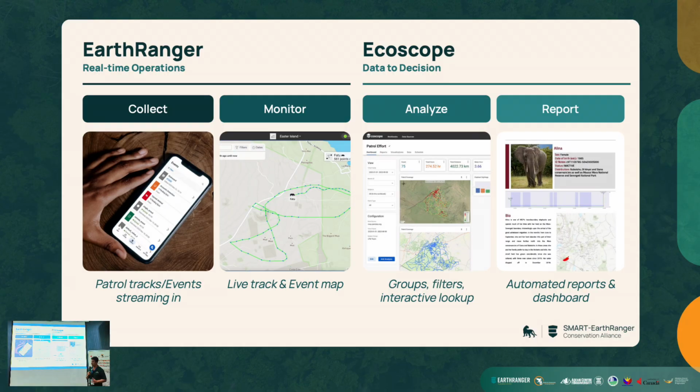I'm going to talk to you today about a tool called Ecoscope, which is not brand new. It's been around for some time now, but it may be new to some of you. Ecoscope is a tool that allows you to turn your data into information. It allows you to see the data. It allows you to create reports and visualizations of your data that can then be shared as information with people